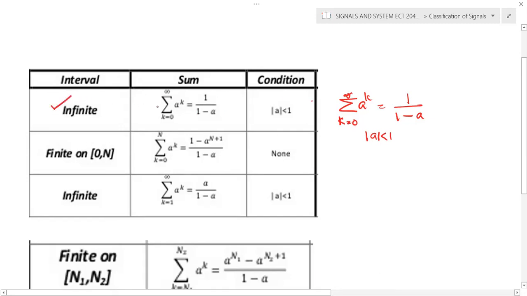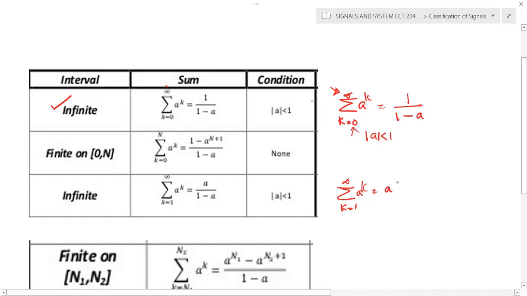It is very important in infinite sequences. Sigma k is equal to 0 to infinity a raised to k is simply 1 by 1 minus a. And now we can see that this sequence is up to infinity. This limit is from 0 to infinity, and now we can see the third formula, that is sigma k is equal to 1 to infinity a raised to k. So this is from 1 to infinity. Here it was from 0 to infinity. Now it is from 1 to infinity. So if you write that,